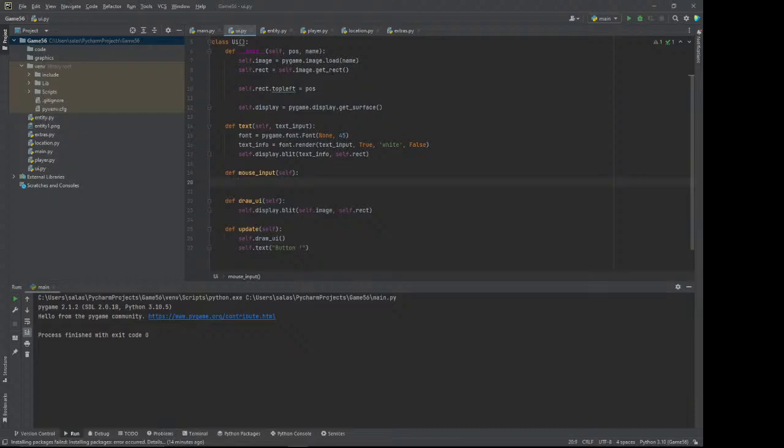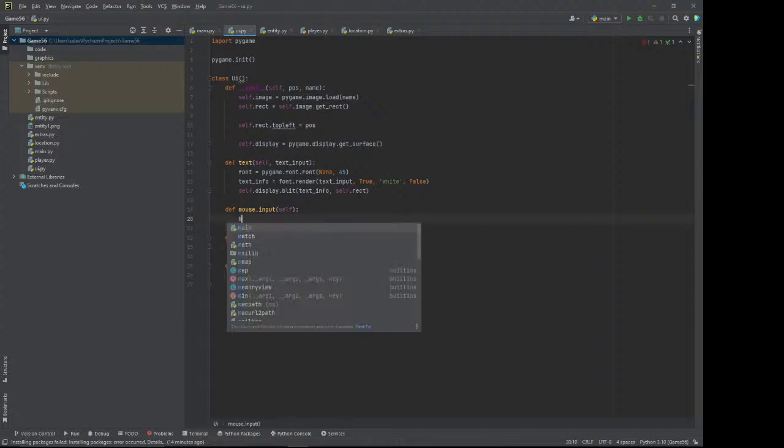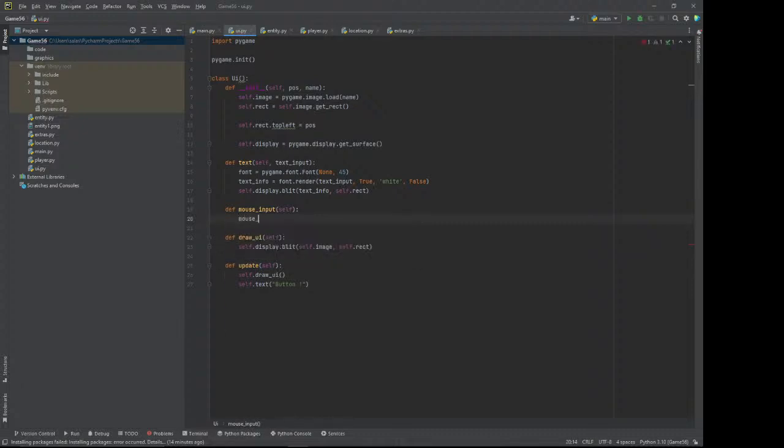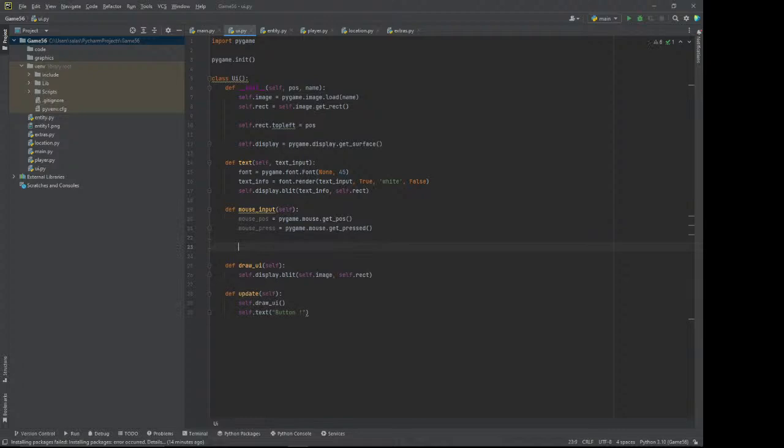Let's see what a mouse needs. A mouse needs. Okay. If